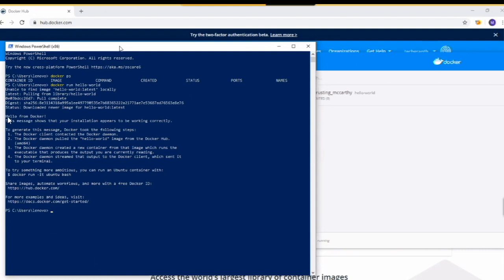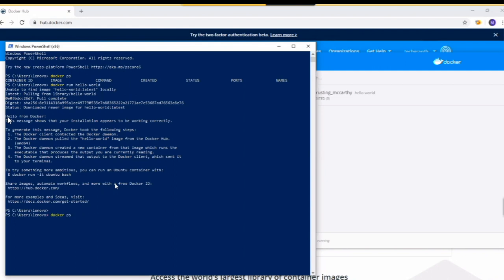You can see the message "Hello from Docker" here, right? That is what is written in the image. So for hello-world, it just prints a hello message from Docker. Now that container just ran, worked as desired, and exited.